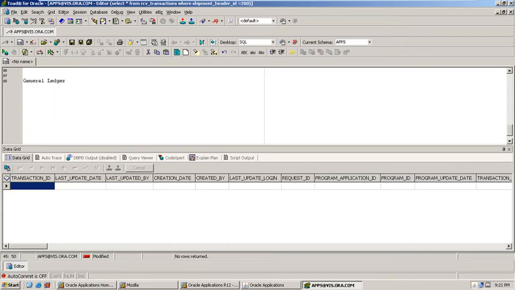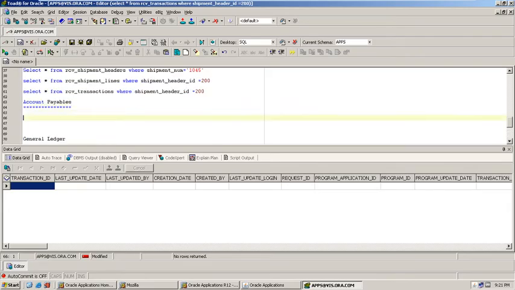Now go to account payables and invoice. Verify. Select star from AP invoices all, where invoice num equal to.